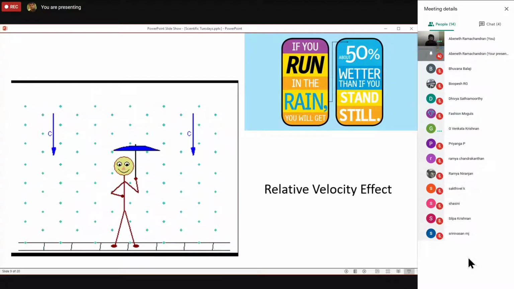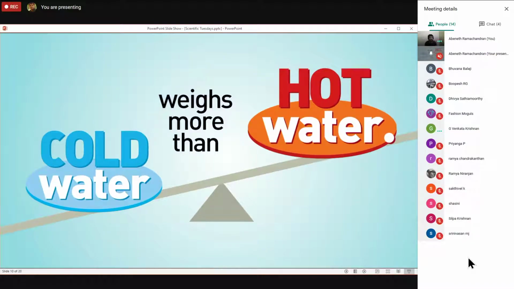Okay, next one. Cold water weighs more than hot water. That's a fact. How can you prove it? Anybody? If we make water hot, it changes into water vapor. Okay. So cold water is weaker. Interesting. That is also something you can do. But even simpler, anything else you can do that is even simpler? Hot water, yeah, it evaporates and it will go light.